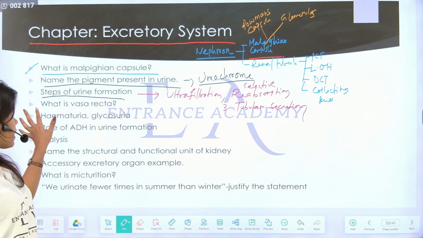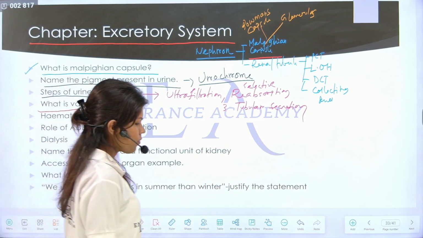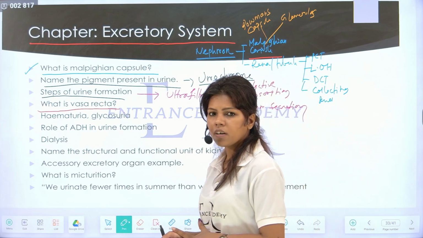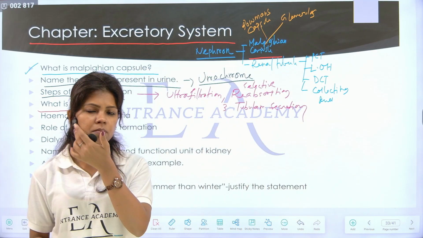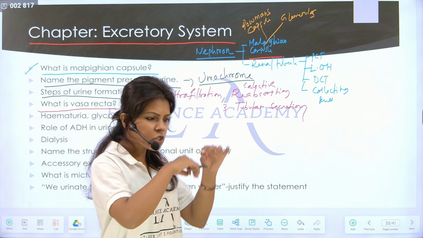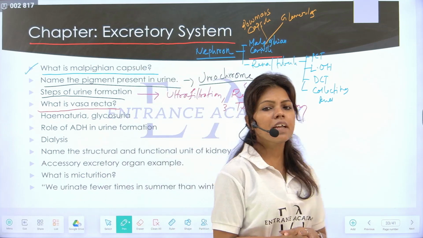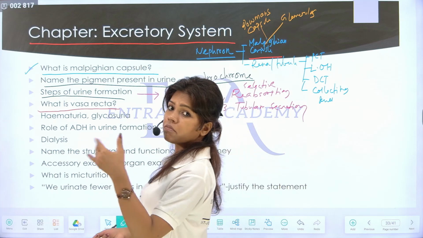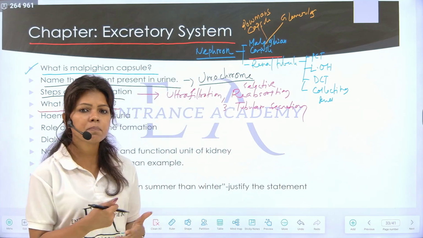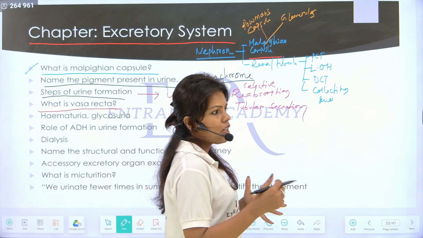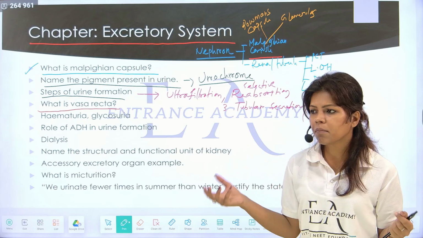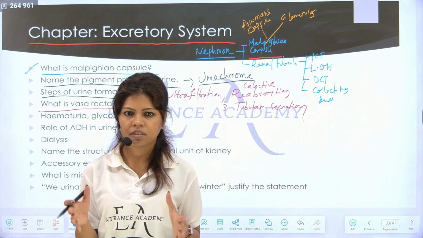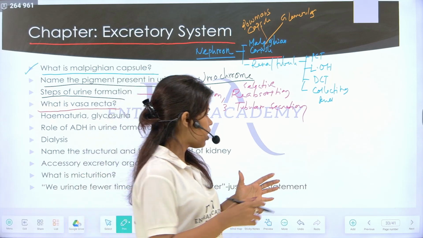Next, what is vasa recta? Vasa recta is a network of tubes which arises from the efferent arteriole and spreads all over the renal tubular part of the nephron and eventually connects with the vein, the renal vein. So what is the function of vasa recta? As we know, when the blood gets filtered, the afferent arteriole brings lots of water along with